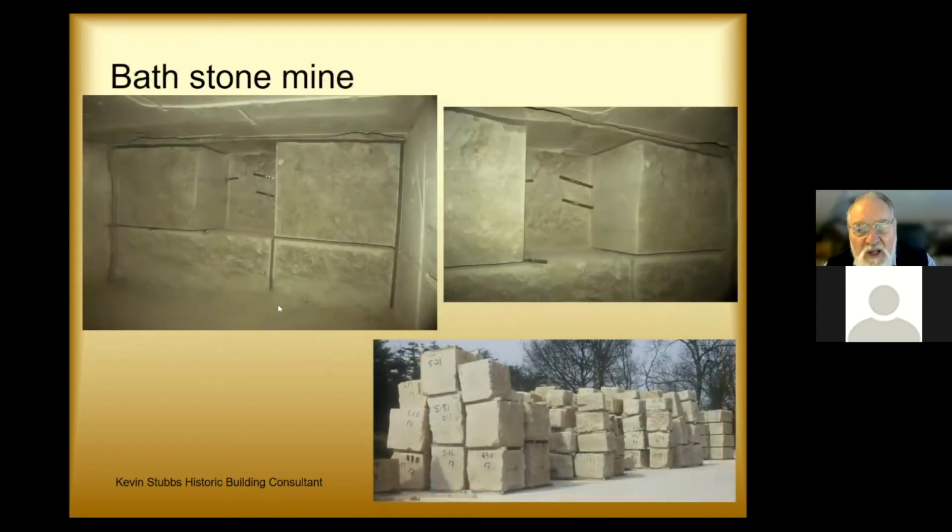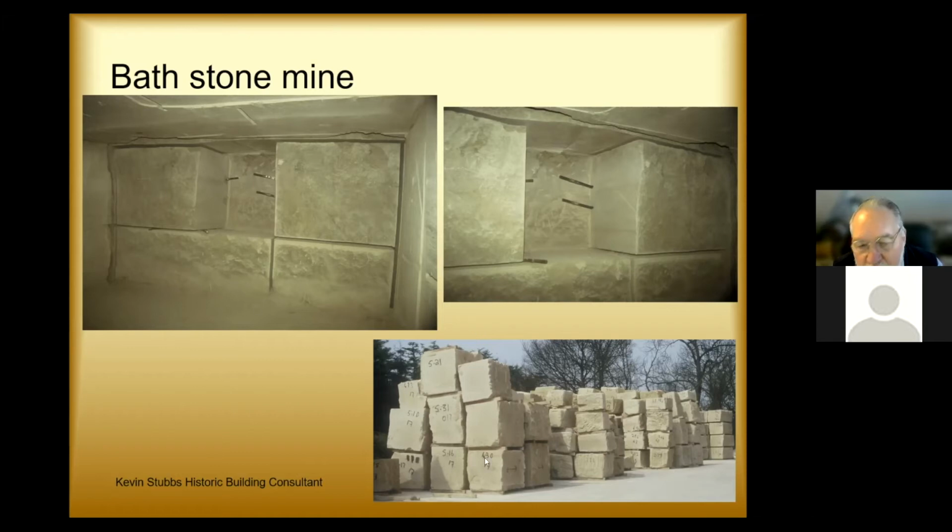In the Bath area, the stone was mainly mined in quite deep mines with horizontal rectangular adits going into the face of the hill. And the blocks were brought out as quite large blocks. Today they're cut with what looks like a giant chainsaw on wheels, and they slice the blocks into quite large chunks. But they still use the wedge and the feathers for splitting the blocks off the face of the